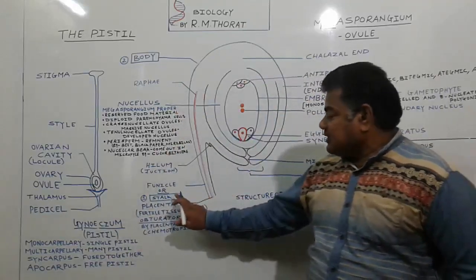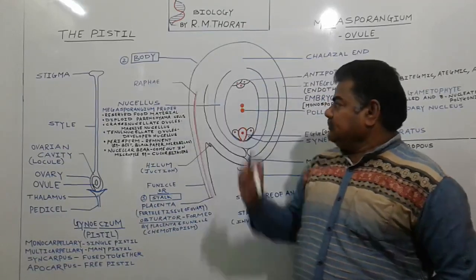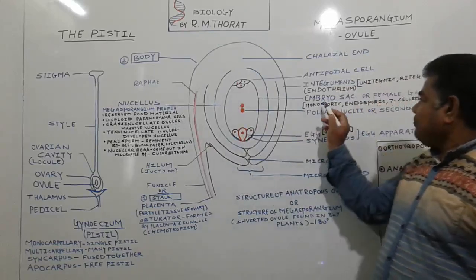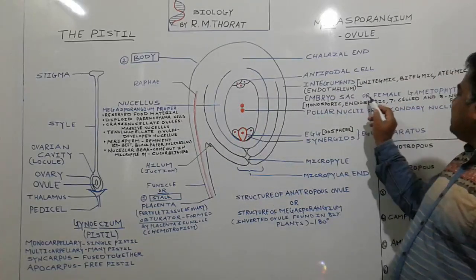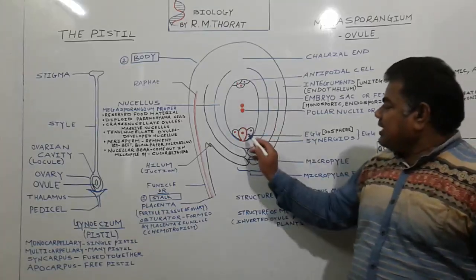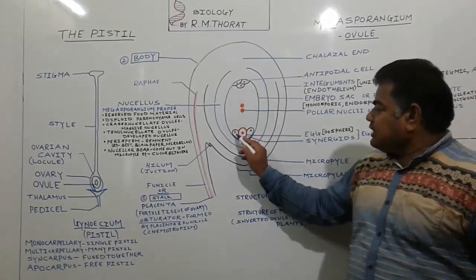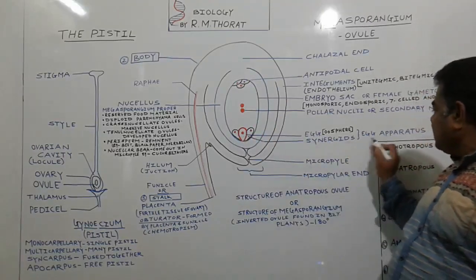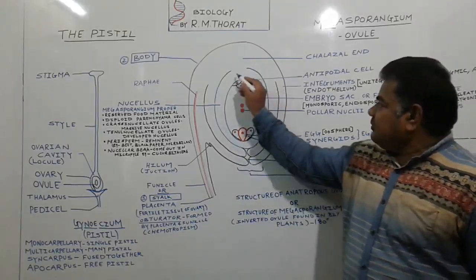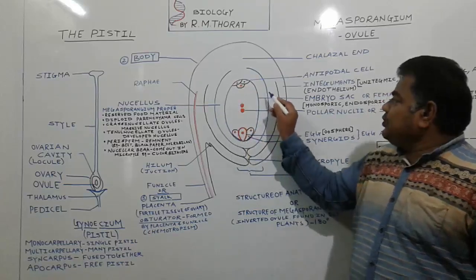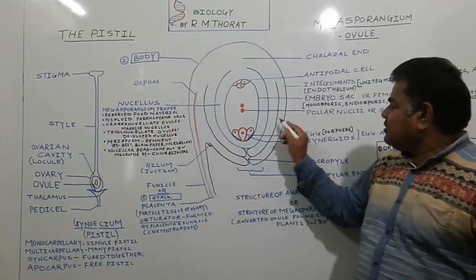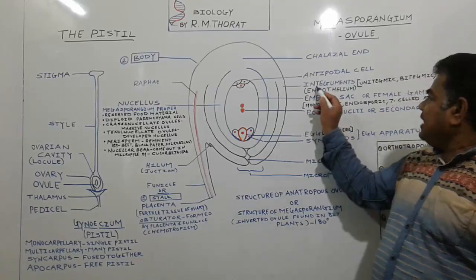Now this one, the ovule, consists of a stalk and a body. In the middle of the ovule, a sac is present. That sac we call the embryo sac, also known as the female gametophyte. Inside this embryo sac, the egg surrounded by two synergids is present. Egg and synergids we call the egg apparatus, and this embryo sac is surrounded by nutritive tissue known as nucellus, and this nucellus is surrounded by two coverings. These two coverings we call the integuments.